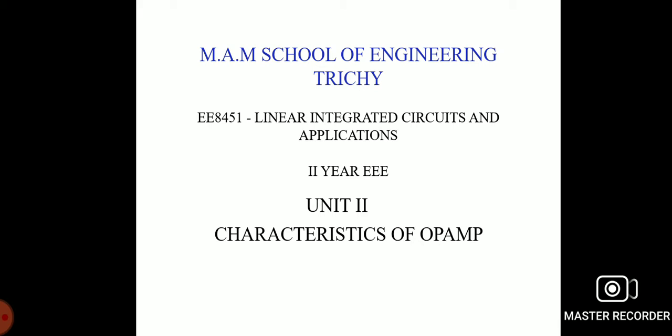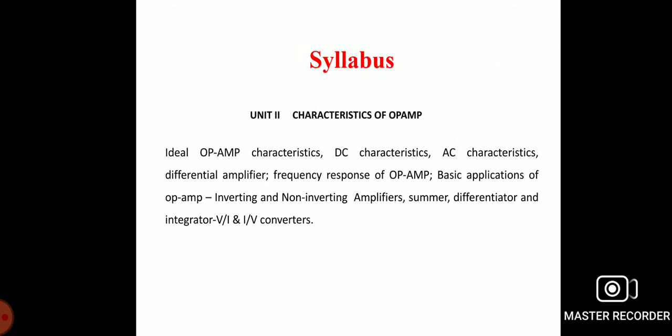WE8451 Linear Integrated Circuits and Applications. Unit 2: Characteristics of Operational Amplifier. Now we can move to the syllabus of Linear Integrated Circuits and Applications. The Unit 2 syllabus. First of all, we can discuss the ideal operational characteristics, DC characteristics and AC characteristics,